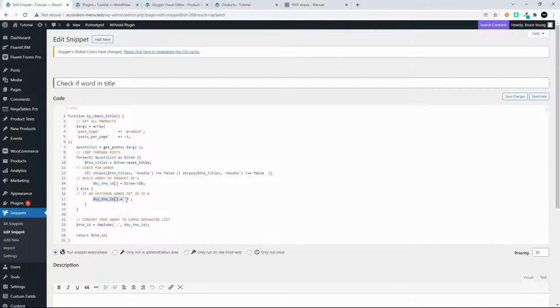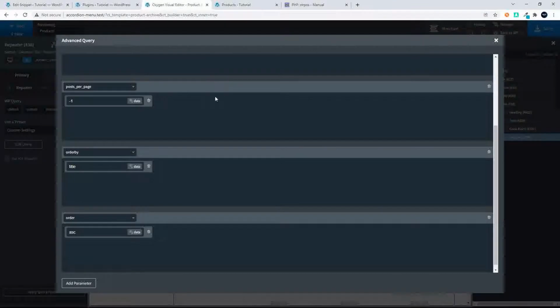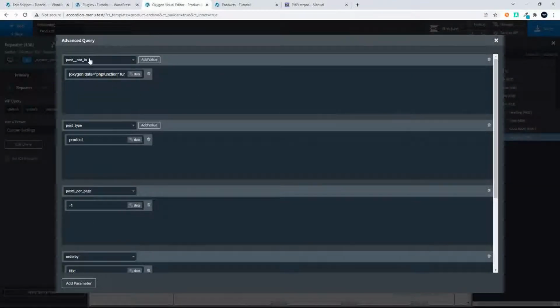When we assign that value of 0, basically what happens is that if we don't have any posts with a keyword in, all the post IDs will be set to the variable, the array here that we're building of post IDs. That list is then imploded so that we get a comma separated list of values, and that is what WordPress needs to check if a post is in. So this will be the IDs of posts. We return that value here in the query. We just have a look and see, and if the post is not in that list of values, then display